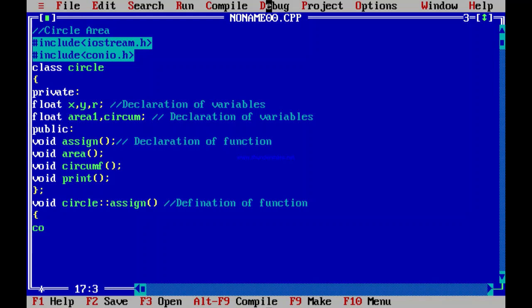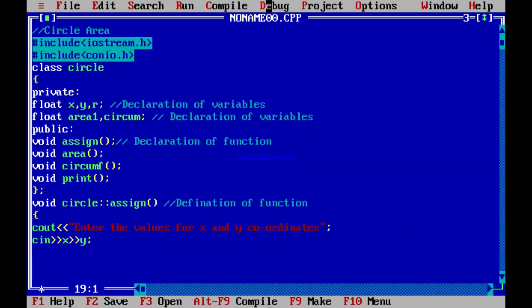In this, by using the cout statement, I am going to accept the value from the user. So I write, enter the values. Which values do we require over here? That is the x and y coordinates. So I write, enter the values for x and y coordinates. Okay, so these are the first two values that I am going to accept from the user. Then I am going to read these two values, that is x and y.